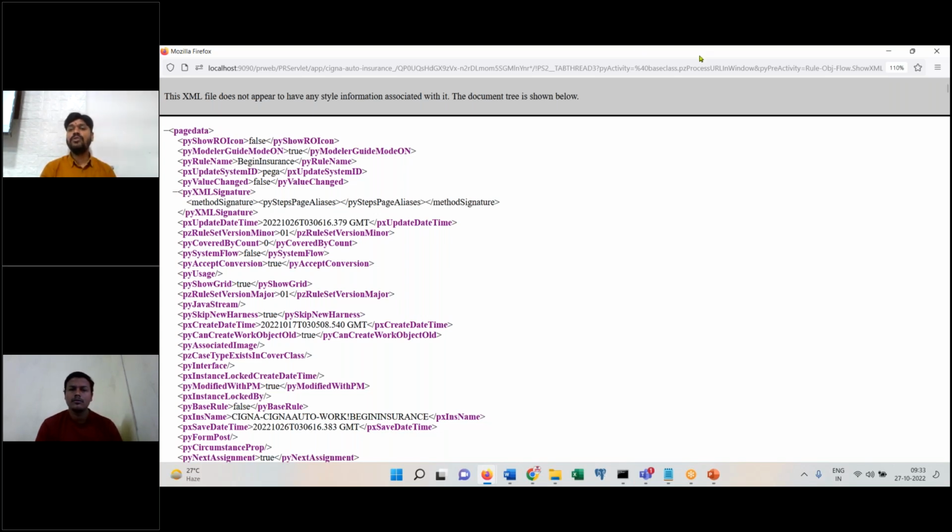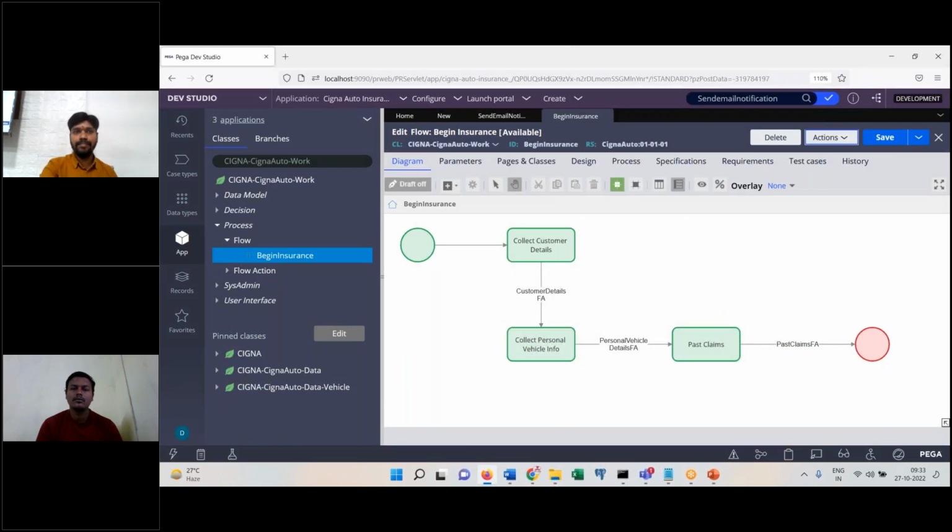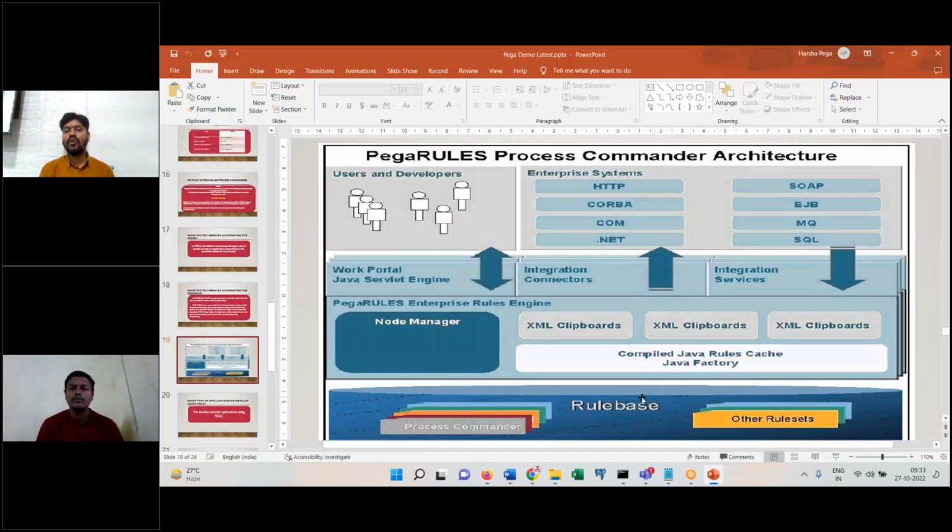So the input that we provide to the PRPC system and the output that you are getting, everything that you see on Pega, internally will be converted into XML format for the purpose of security. So PRPC, while processing within the system also, is securely encrypted into XML. That's what they wanted to prove to the clients. Understand, everyone clear? So in the architecture of Pega, we have rules, rule base, process commander, Java compiler, XML clipboards,